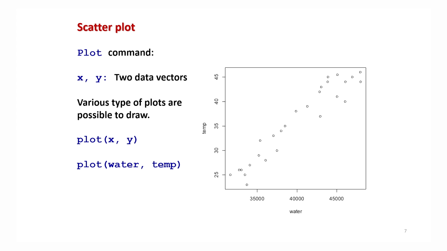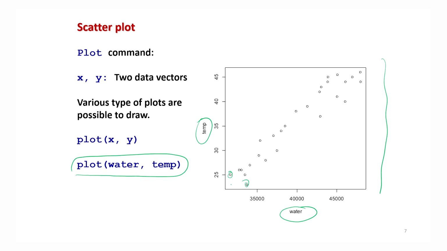Now we try to create these plots. So this is about the plot command. I am writing here plot water temp, and you get this type of graphics. You can see here this is water, this is temp, and these are the paired observations which are plotted here. By looking at this graphic, do you think there is a linear trend in the relationship? If you try to plot an average relationship, don't you think it is going like this, or it can be like this also? Whatever you want, that is an equivalent thing.